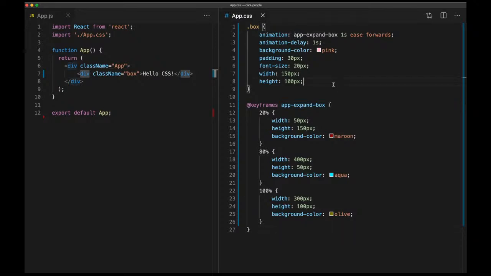I got the final question for you. Can we animate the display property? So imagine that we want to display the box by default. At 20%, we want to hide it. And then we want to show it again. And then we want to hide it again. You see, we want to play with the visibility of the box, you know, display none, display block. All right, let's see what happened. So if I refresh the page,